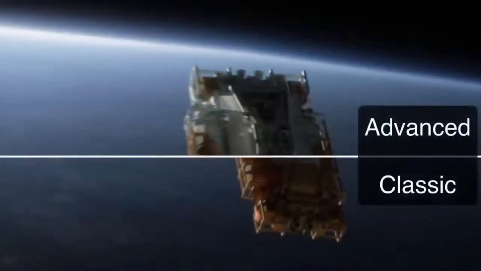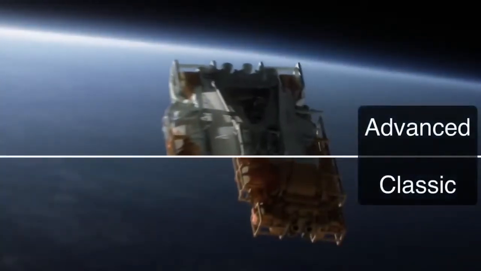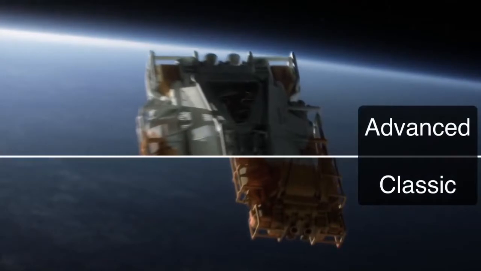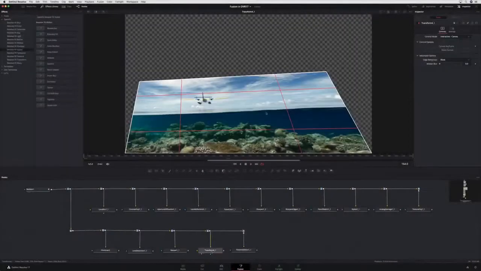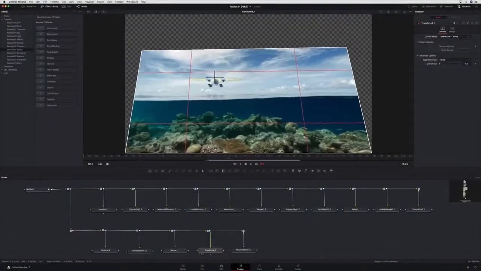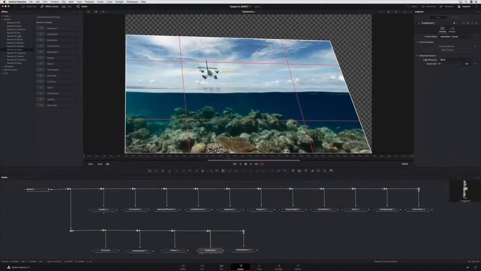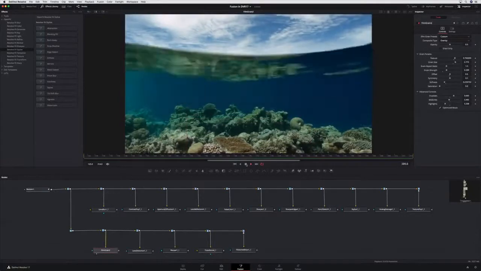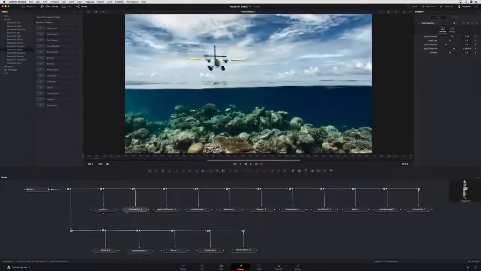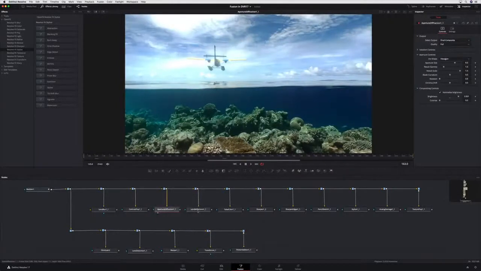New advanced optical flow processing brings significant speed increases for retimes, frame repair, and other operations that use optical flow. Lastly, additional GPU-accelerated Resolve effects tools are now available on the Fusion page. This includes utility operations like film grain and noise reduction, and also high-quality creative effects like lens reflections and analog